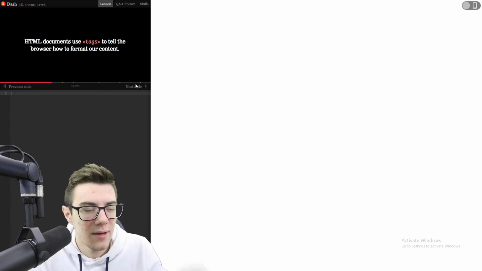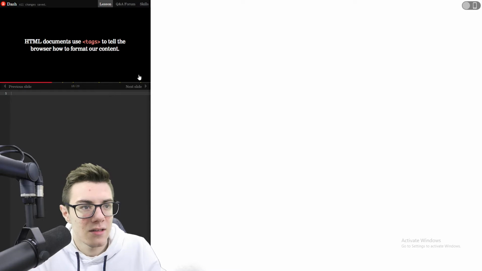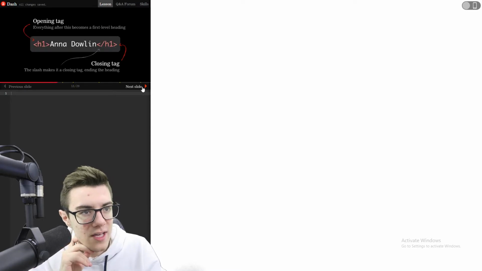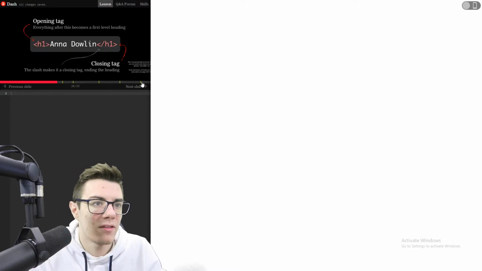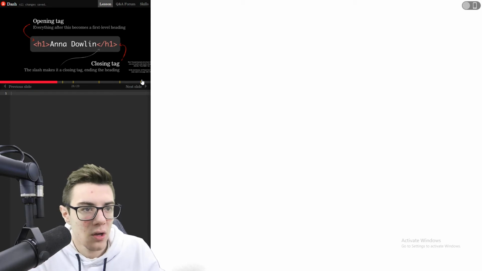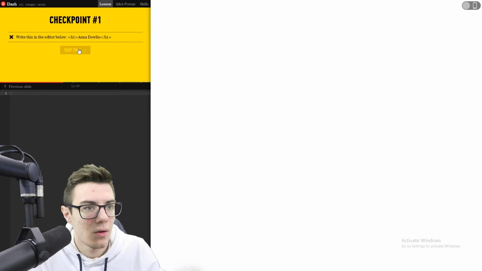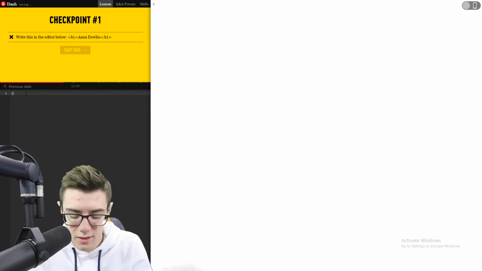HTML basics. An HTML document uses tags to tell the browser how to format our content. Opening tag, everything after this becomes a first level heading. Closing tag, the slash makes it a closing tag and ends the heading. Okay, cool. Already knew that. That's fine. So H1,